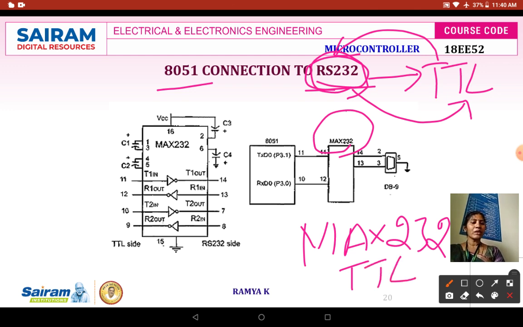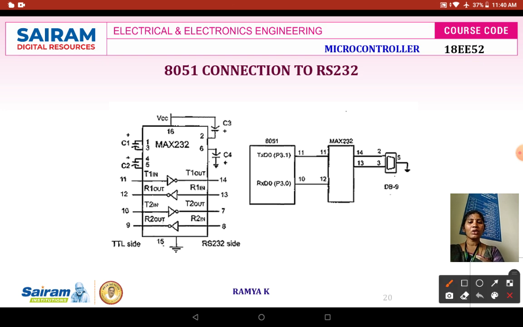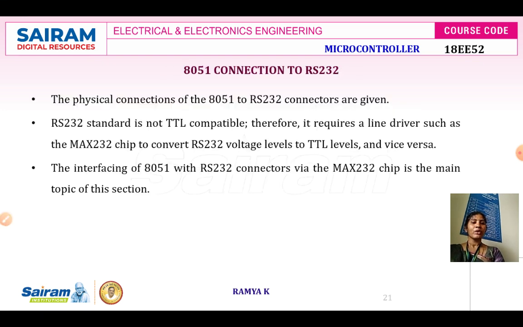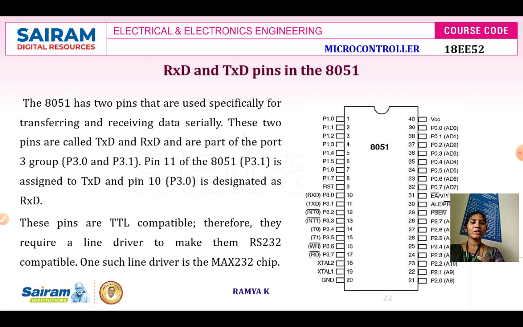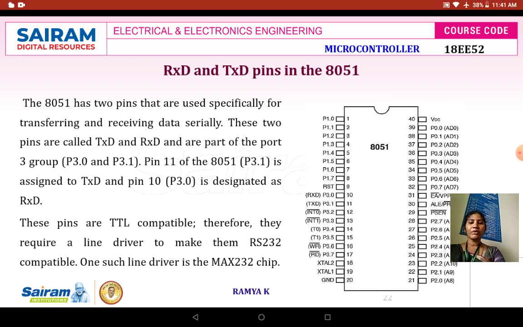So here we have two pins. One is called RxD, another one is called TxD, in 8051. When you see the pin configuration of 8051, you have Port 3. Port 3 serves many purposes, it acts dual purpose.